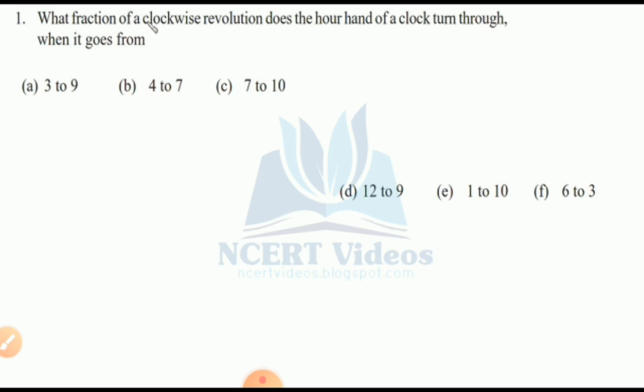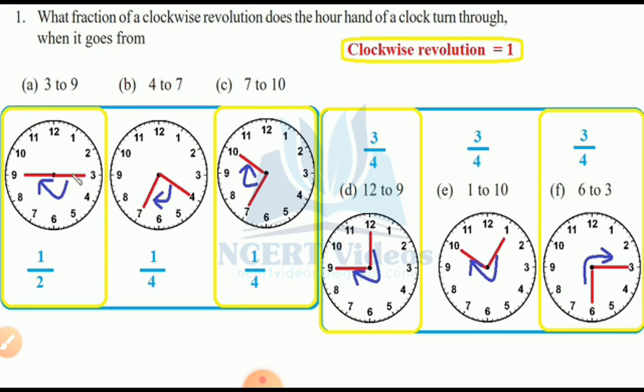Now look at exercise 5.2, question number 1. What fraction of a clockwise revolution does the hour hand of a clock turn through when it goes from 3 to 9, 4 to 7, 7 to 10, 12 to 9, 1 to 10 and 6 to 3? See, clocks are here. You can draw any shape of the clock. I want to clear one thing. Revolution means a complete circle. A clockwise revolution means one